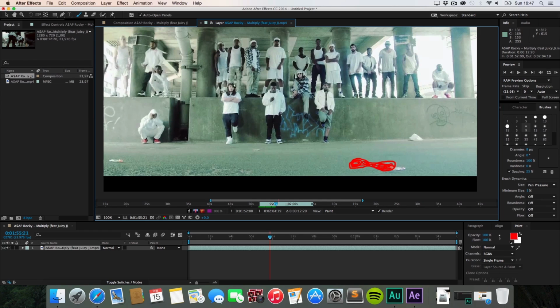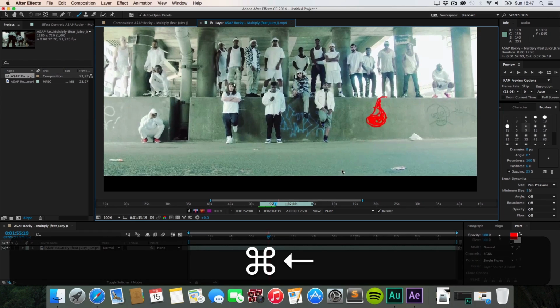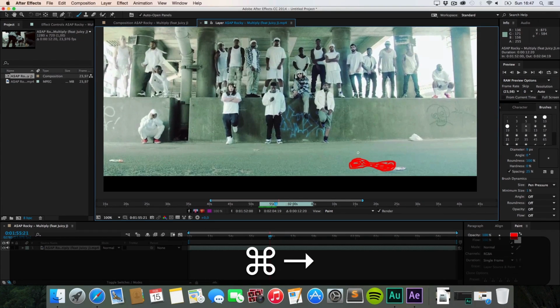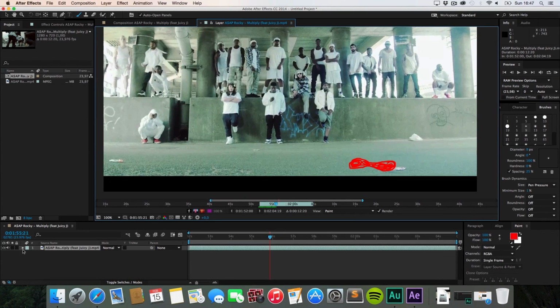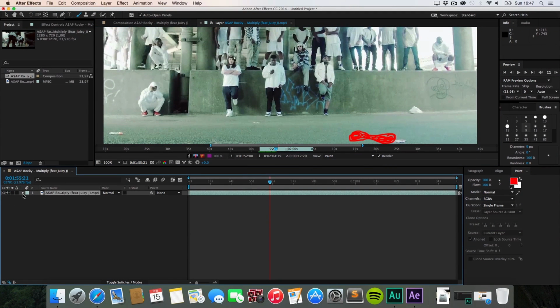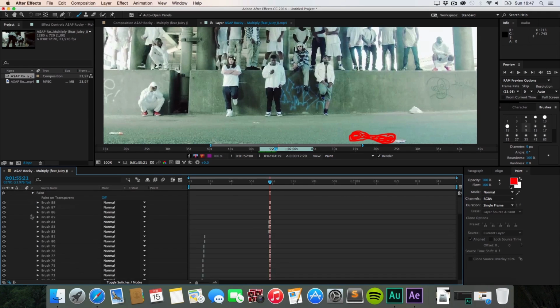And if you're doing something like this and you have a single frame selected in the duration, you can see it's going to disappear in the next frame. If you don't want this, you can just get rid of the brush that you made, delete it, go on the right side to duration and change it to constant, and then draw it again. This means it will actually stay on the frame itself.